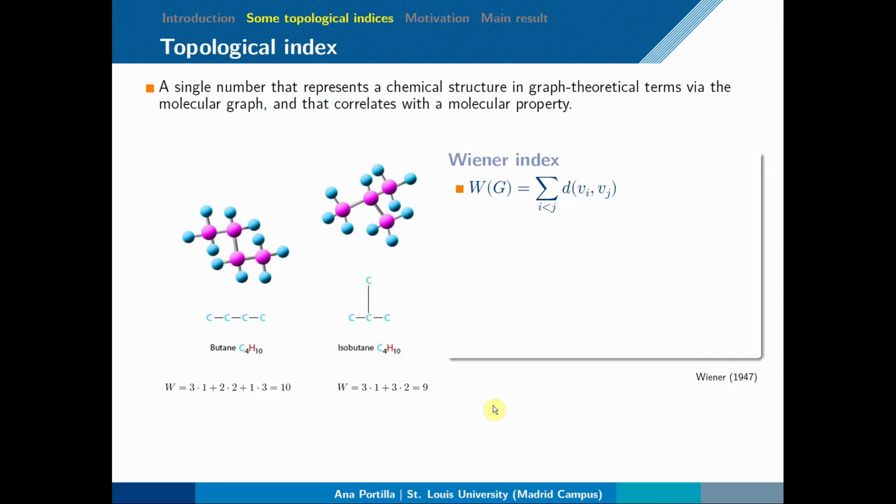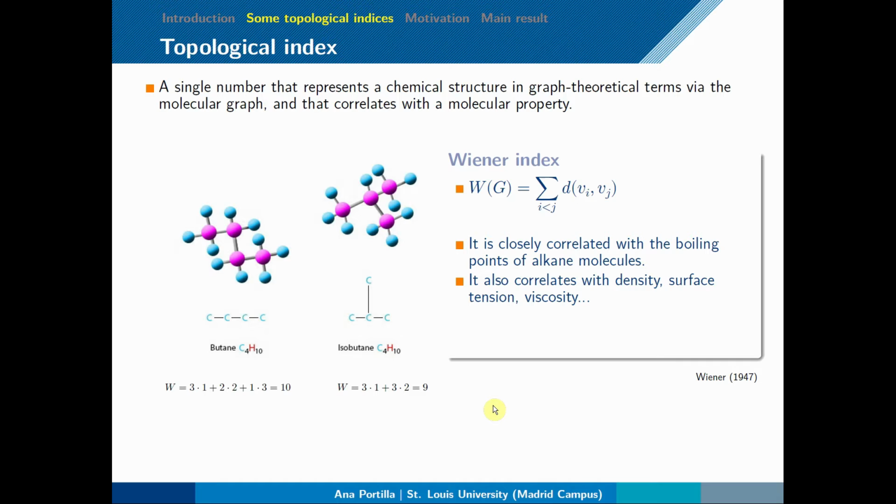It's the oldest topological index related to molecular branching. Based on its success, many other topological indices of chemical graphs, based on information in the distance matrix of the graph, have been developed subsequently to Wiener's work. It's been proved to be closely correlated with the boiling points of alkane molecules. It also correlates with density, surface tension, viscosity,